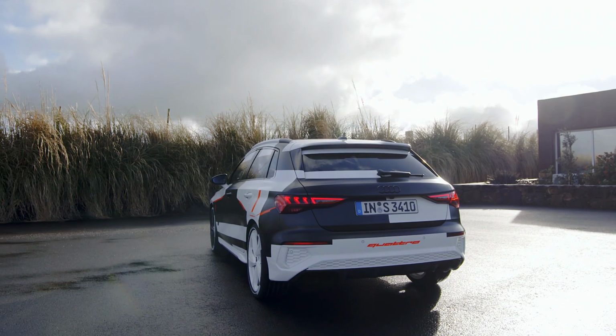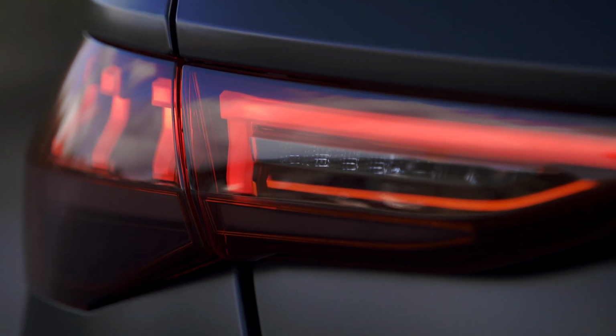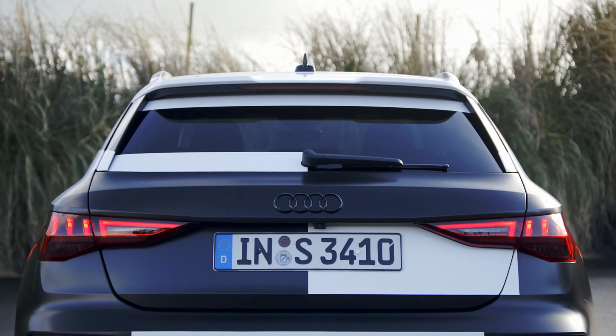Now the car will go against newcomers such as the Mercedes A35 AMG and BMW M135i, so tell me in the comments which one would you take. It's really a tough choice. I'm actually not sure at this moment which one would I pick, but tell me in the comments what would be your pick,